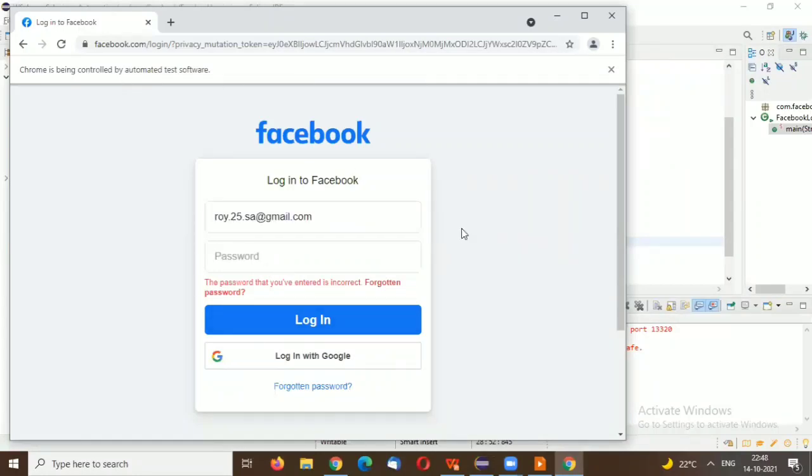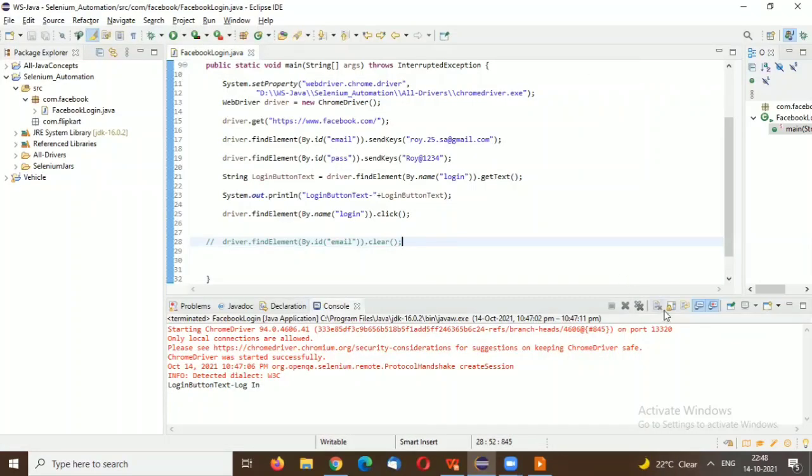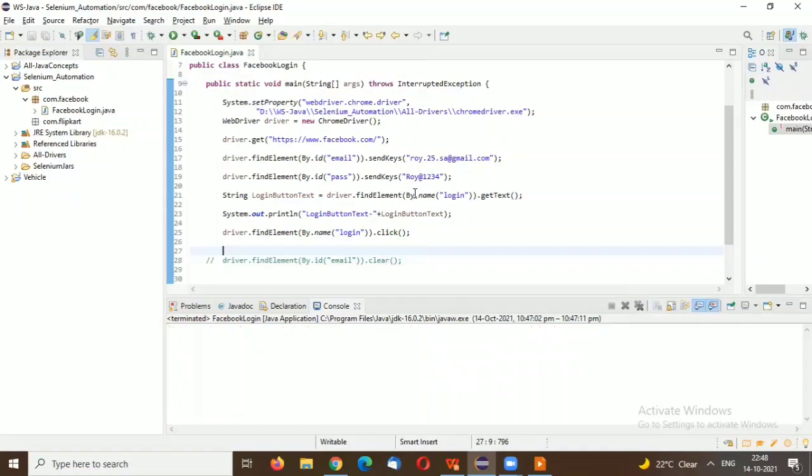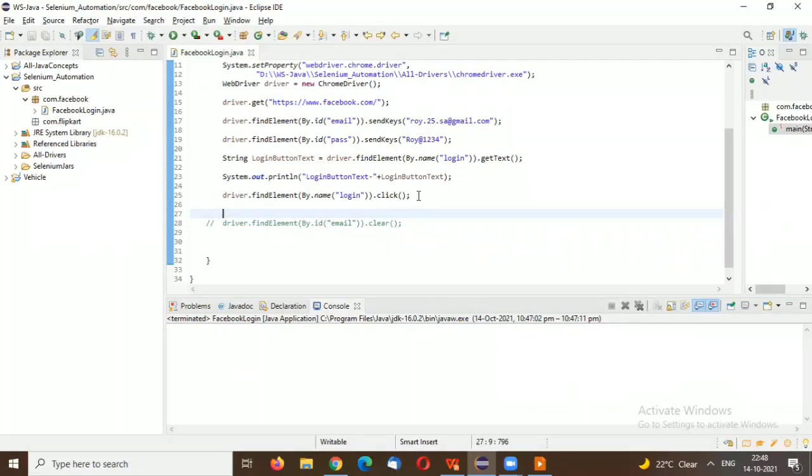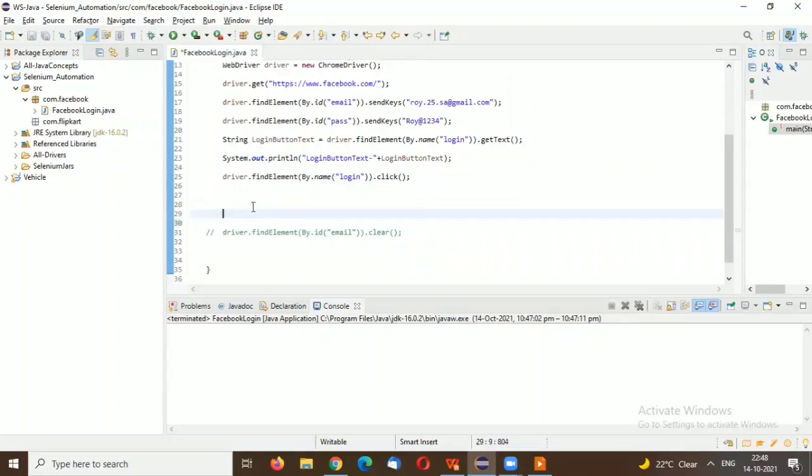But if you are not in front of your system and you schedule your script at midnight, then we need to verify through the execution process or some conditions, like report conditions. We need to print everything, or verify that you successfully logged in with facebook.com or not. For that purpose, we need to use some Java concepts or conditions here.